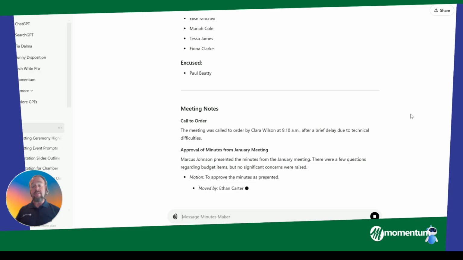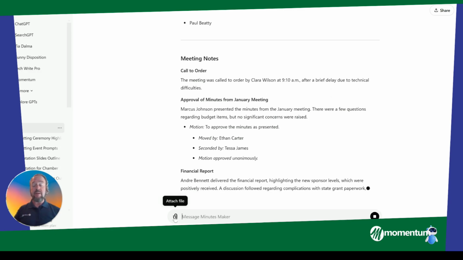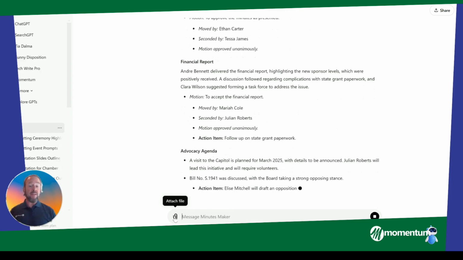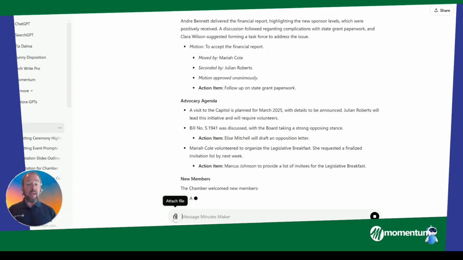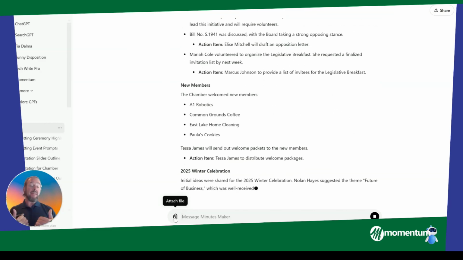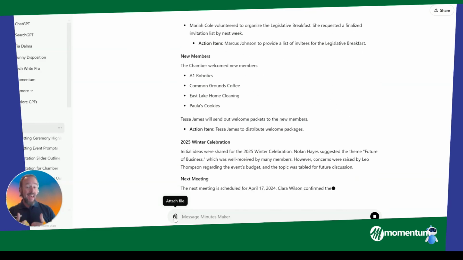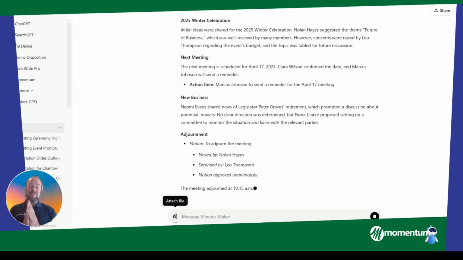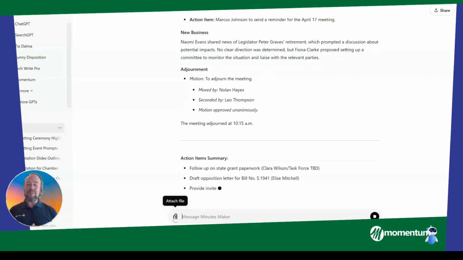Now, what's neat about this is if you see this little paperclip down here, and you recognize that from Windows, you can attach a file. If your handwriting is neat enough, you could just scan in your page and you don't have to retype all this stuff or cut and paste it. I can't demonstrate that because my handwriting is not neat enough, but you're certainly welcome to try it. And maybe think about that as you're going into your meeting.